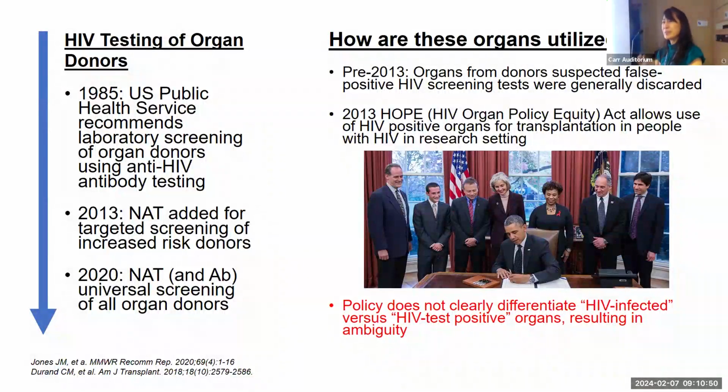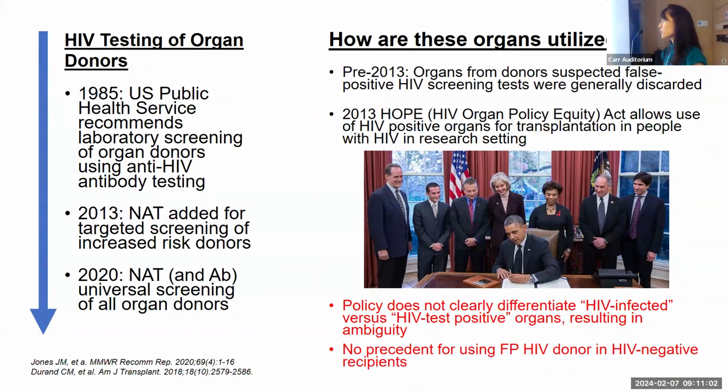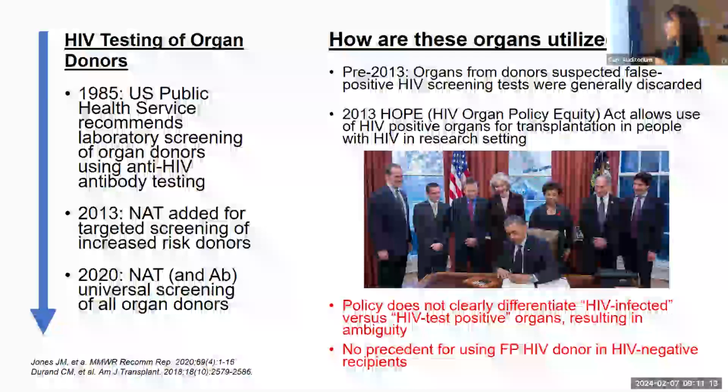Since then, what does that mean? Unfortunately, this policy is really not clear. It actually does not differentiate between HIV infected organs versus HIV test positive organs. And so there's a ton of ambiguity. And as a result, these organs, even if confirmed, or we pretty strongly feel like are false positive, are shunted to the